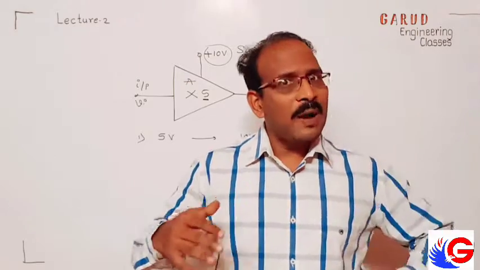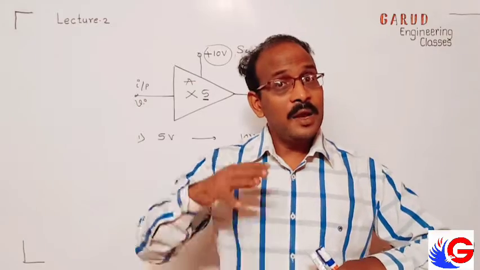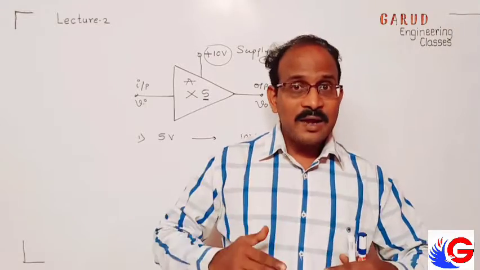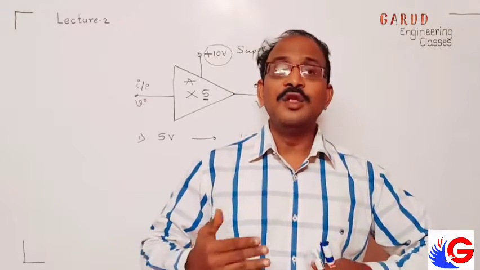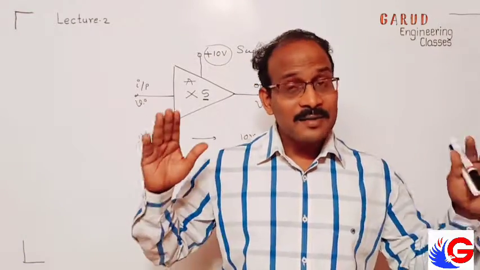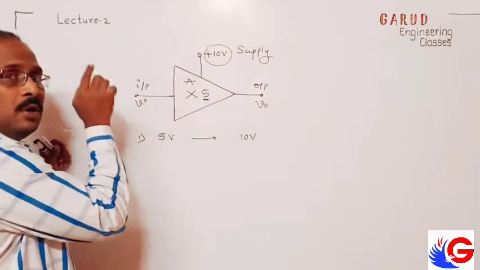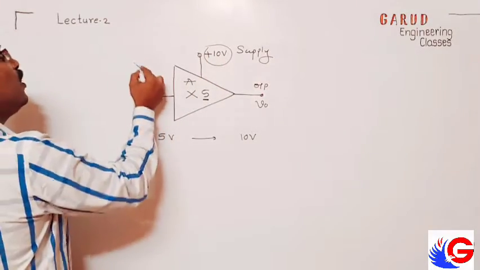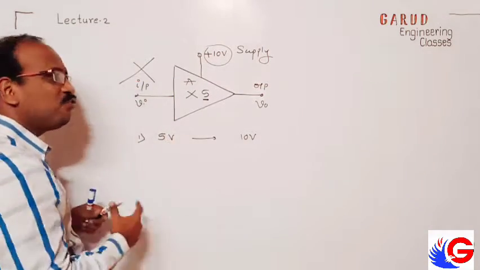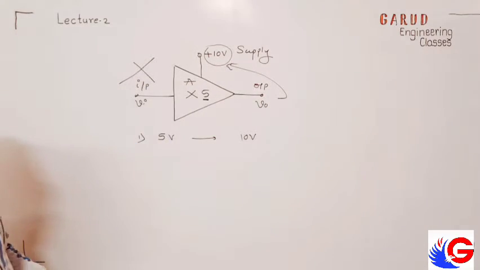Correct? Even though your amplification is 10 times whatever he is demanding, you will supply your maximum. If demand is more than that, you will be saturated. You will not supply more than that. So here also, in the amplifier, what is the limit on input? No limit on input. Whatever input I give, it has to supply maximum till 10 volt only. So this is the thing of amplifier.